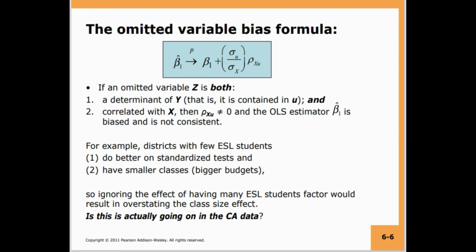So let us look at the formula for beta 1 hat. The formula for beta 1 hat is equal to the true population beta 1 plus the standard deviation of the error divided by the standard deviation of the independent variable, multiplied by rho xu. Now, where is this formula coming from? It can be derived, and we are not going to look at it. But basically what this formula says is that as the correlation between the included